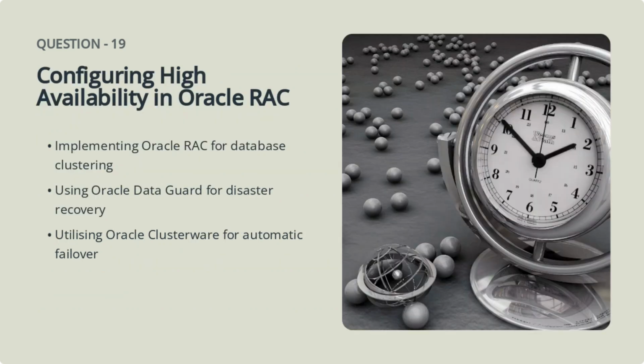In this section, we will discuss configuring high availability in Oracle RAC. This involves implementing Oracle RAC for database clustering, using Oracle Data Guard for disaster recovery, and utilizing Oracle Clusterware for automatic failover. These measures are crucial for ensuring continuous availability and reliability of the database system, especially in mission-critical environments. By implementing these high availability features, organizations can minimize downtime and maintain seamless operations even in the event of hardware